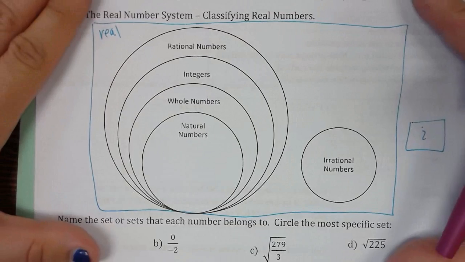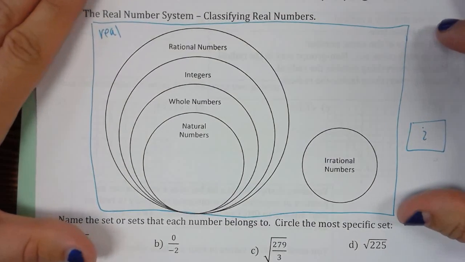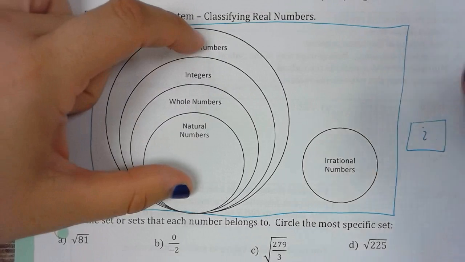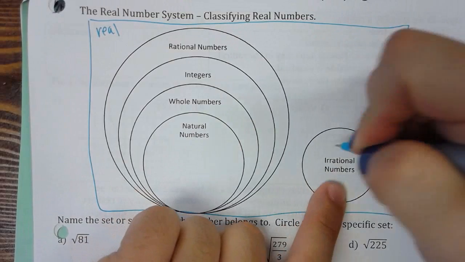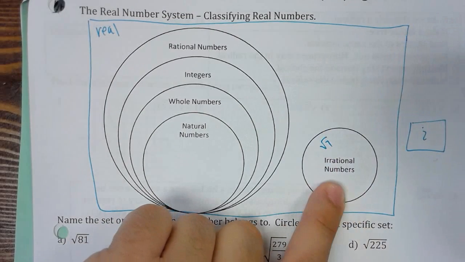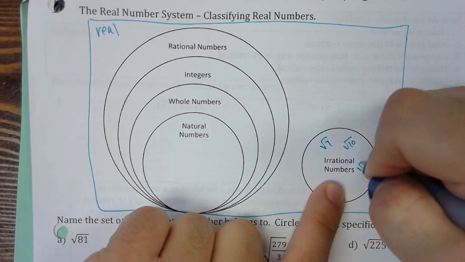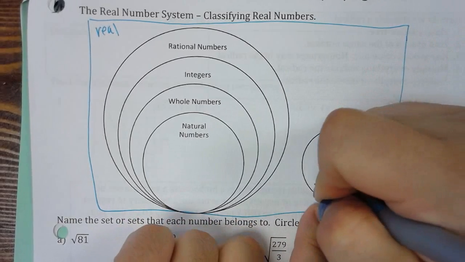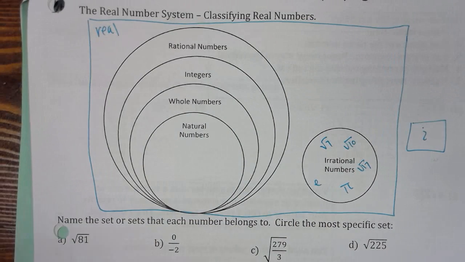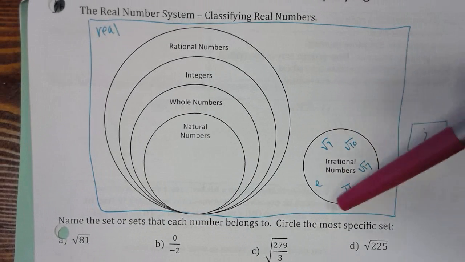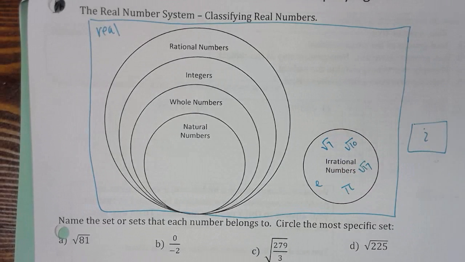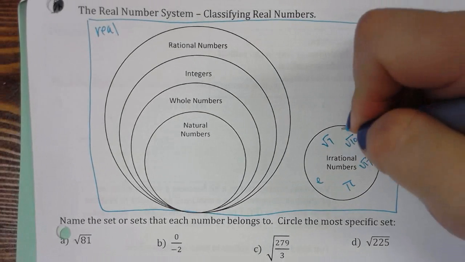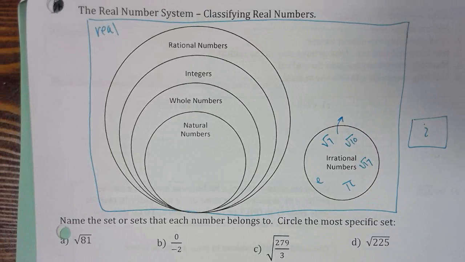Now inside the real number system, it's broken up into two categories. The first are the rational numbers, and the next are the irrational numbers. Let's do irrational numbers first. Some examples of an irrational number would be the square root of 7, the square root of 10, the square root of 17, pi, e. There's an exponential number called e. What do all of these numbers have in common? If I were to take a calculator and figure out what the square root of 7 is, or the square root of 10, I would get a horrendous looking decimal. So I'm going to say the definition of an irrational number is